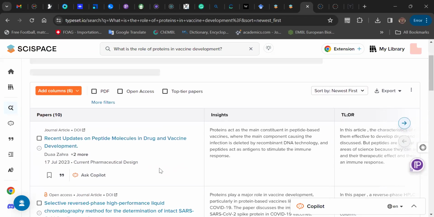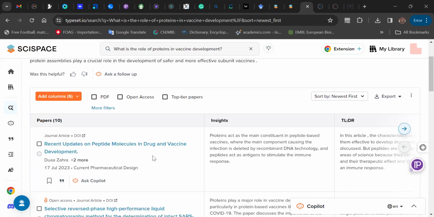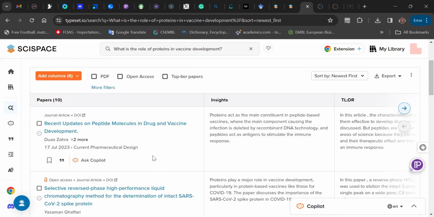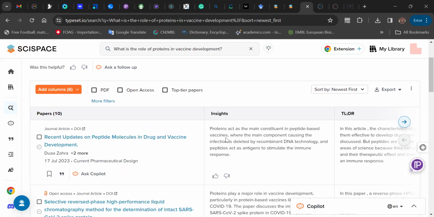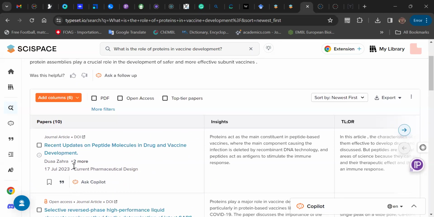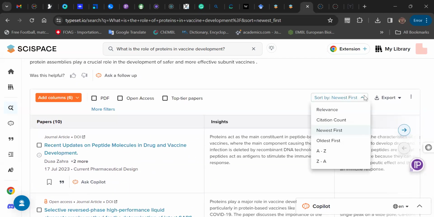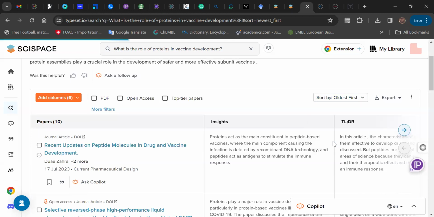So this is a 2023 publication on the topic. And in this 2023 publication, protein acts as the main constituent in peptide-based vaccine, where the main component causing the infection is deleted by recombinant DNA technology, and peptide acts as antigens to stimulate immune response. So this gives great insight into the paper, and it's a 2023 paper. So if you are looking for a recent paper, then if you are looking for a very old one,